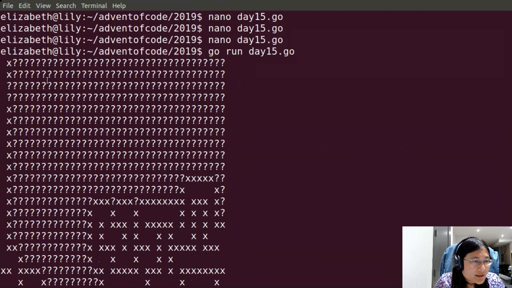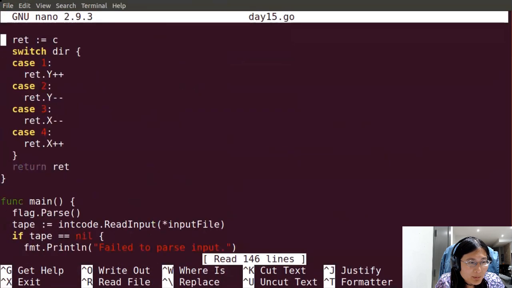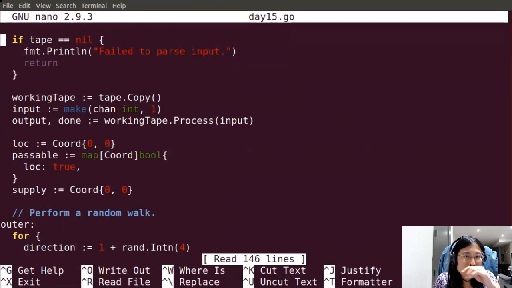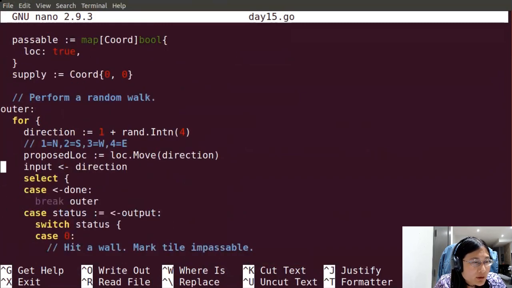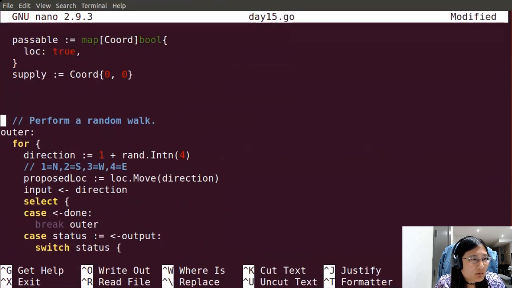Because I worry there's stuff hidden in here that I haven't explored yet that's going to royally mess me up when it's time to solve for real. So let's not do a random walk.